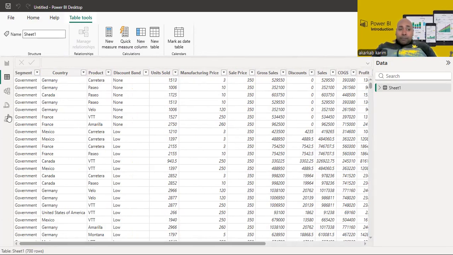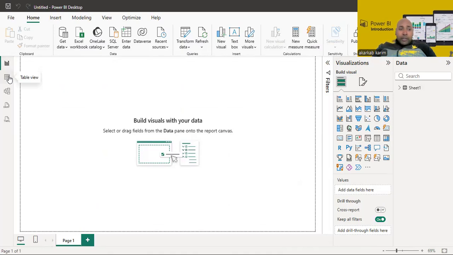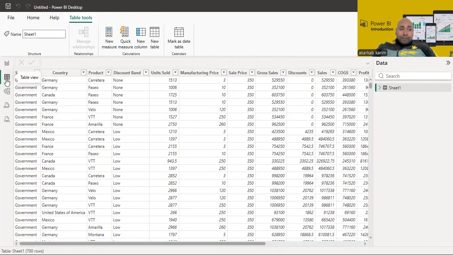So, here for the components of Power BI, I discussed that before. Anyone interested to discover all the parts of Power BI can go check my Power BI playlist. So here we are switching between the components that we have. Here we have this table view. Here, as we see with me in the top of this software,